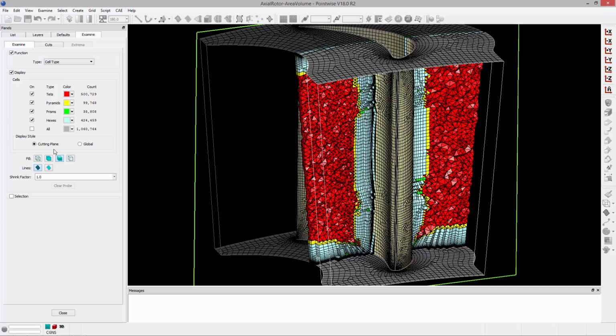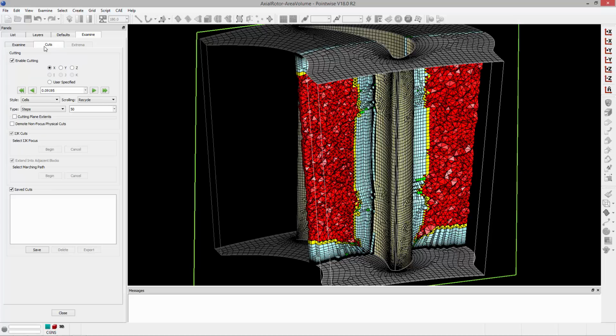Now I've taken this cut, I'm looking at all the different element types, I've demonstrated how you can change the color, but one of the neat things is in the Cuts tab, if I go ahead and save this cut, you'll notice that it actually saves the elements that are being rendered on this cut as well,